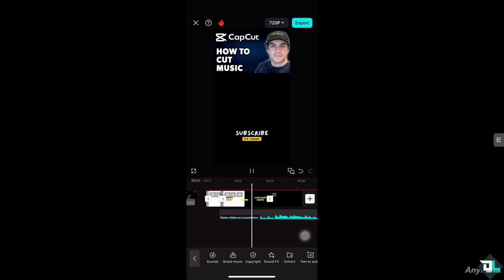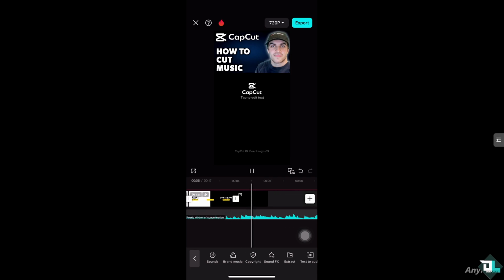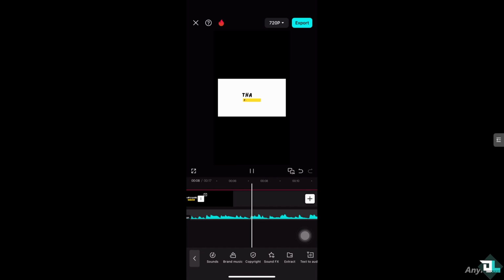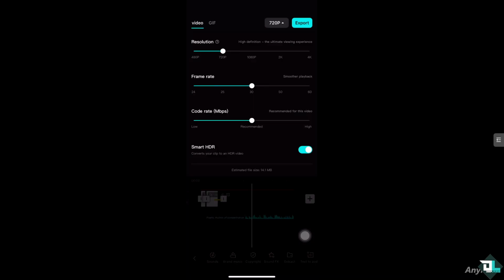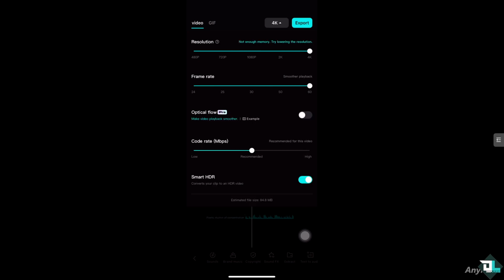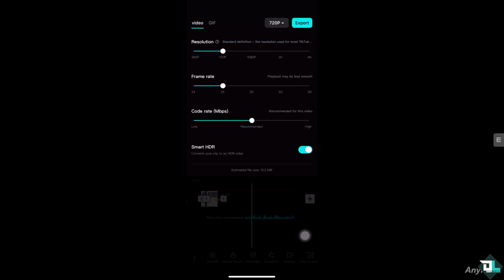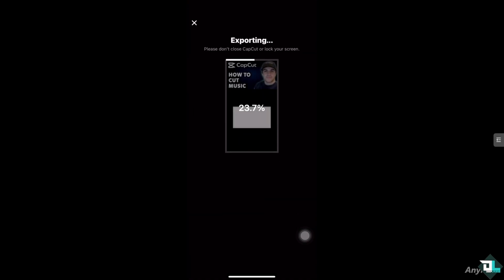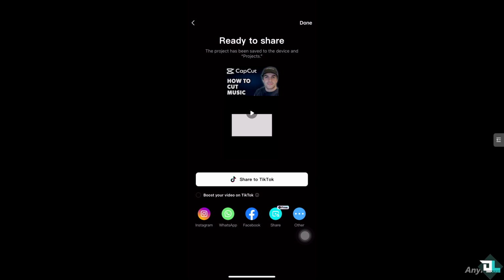All right. From here, you want to make sure that the audio is synced together. And then go to the 720 plus if you want to increase the resolution, if you want to export it to 4K, frame rate, code rate, and smart HDR. But the thing is, the estimated file size will be this, so we're not going to do that. Let's decrease the file size and then click the export button so we can send it to our client, or if you're working in a collaborative environment, send it to your team members